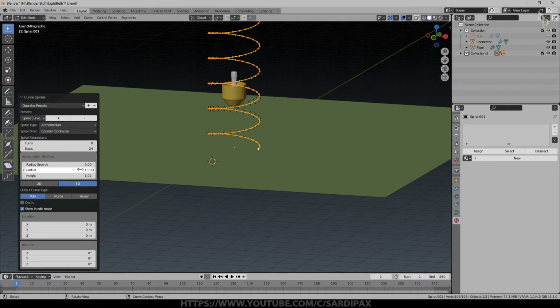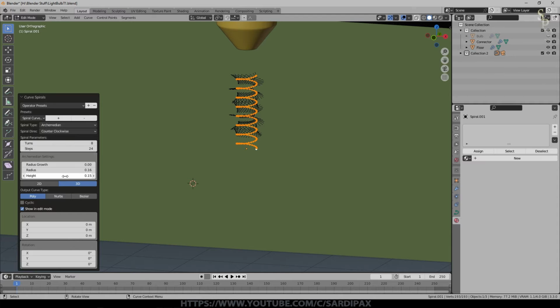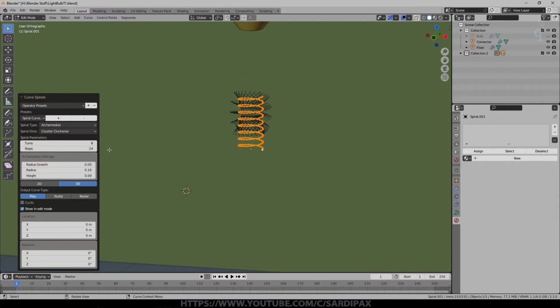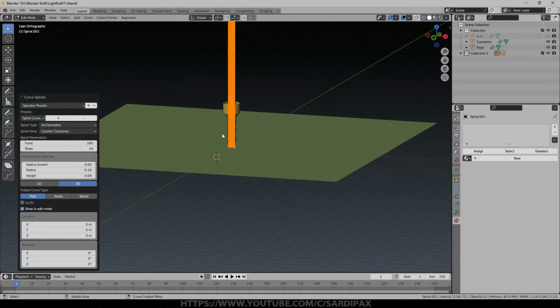So I'm going to turn the radius down. It's going to need adjusting anyway. And then I'm going to turn the height down a bit there. You can start to see we're getting something that might resemble the filament of a bulb, which of course is a tiny little spiral. I think it's actually a spiral on a spiral, but I'm not going to go quite that far. We wouldn't be able to see it. We probably won't even see this. So then we can turn the number of turns up, make a reasonable length, because this is going to be smaller. So I'm just going to shrink the whole thing down now.